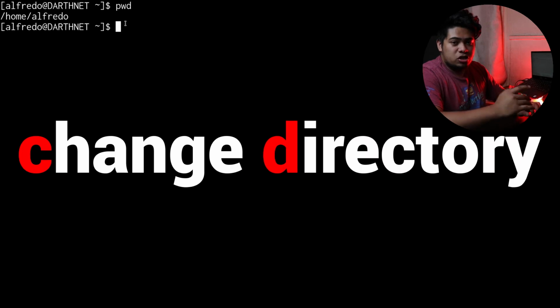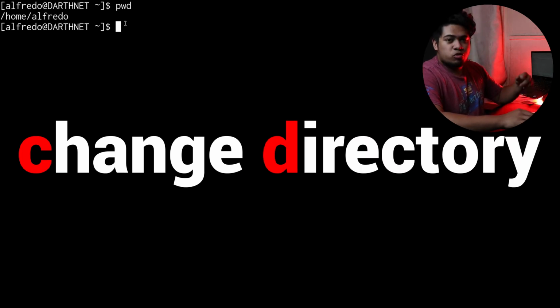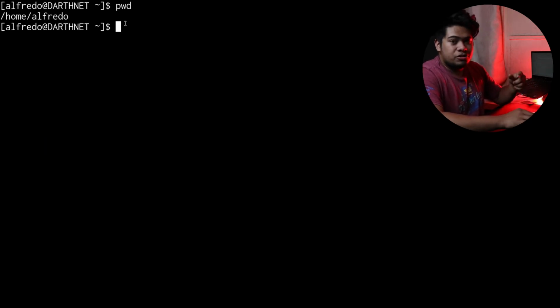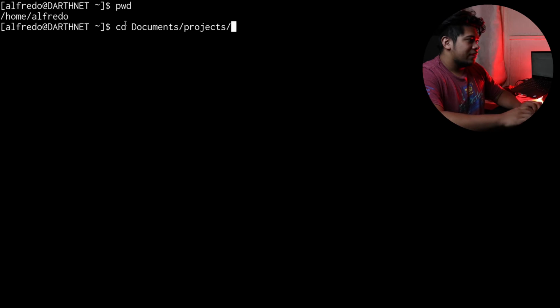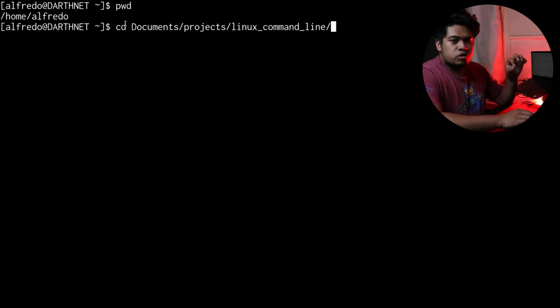Now I want to show you cd. With cd, we can change directories, which is like navigating through different folders on a Windows or a Mac machine. For example, I have a directory here that I can show you. If we go into cd, Documents, Projects, and then Linux command line, which is a directory that I set up beforehand,